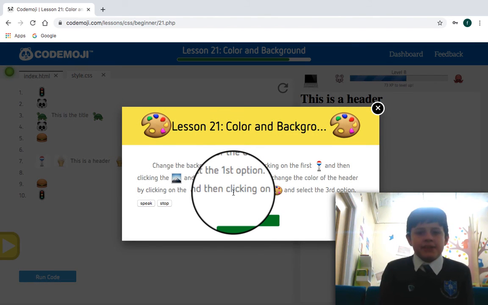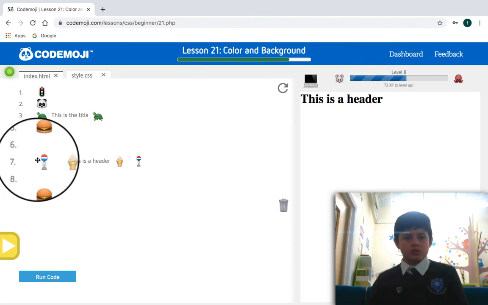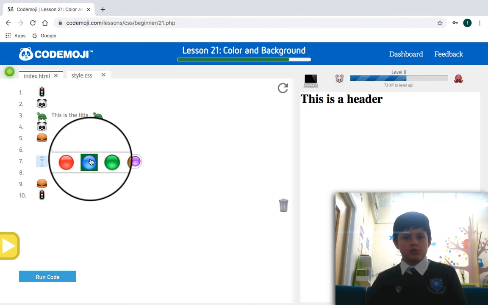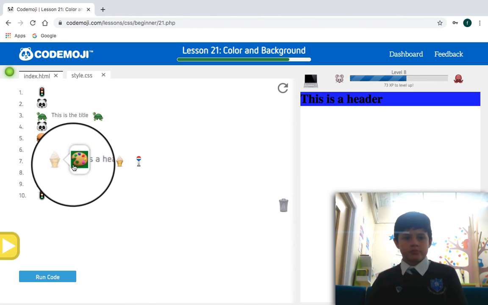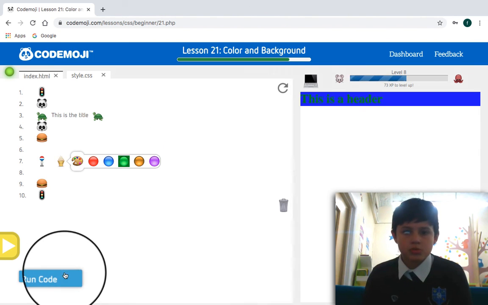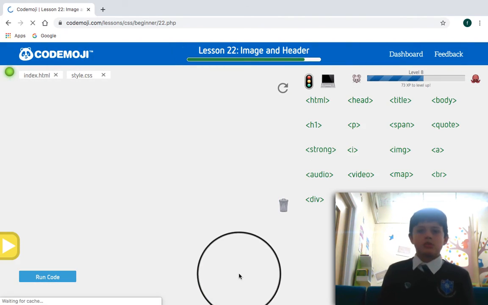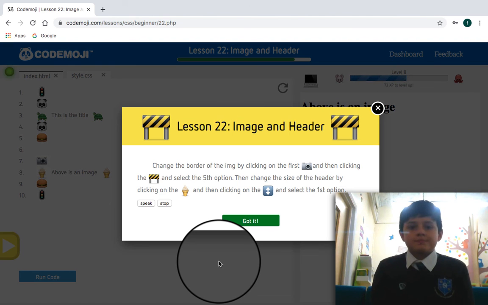Change the background of the div by clicking on the first emoji and then clicking the background and select the first option. Then change the color of the header by clicking on the ice cream and then clicking on the paint and select the third option. So click here, background. Change the border of the image by clicking on the first